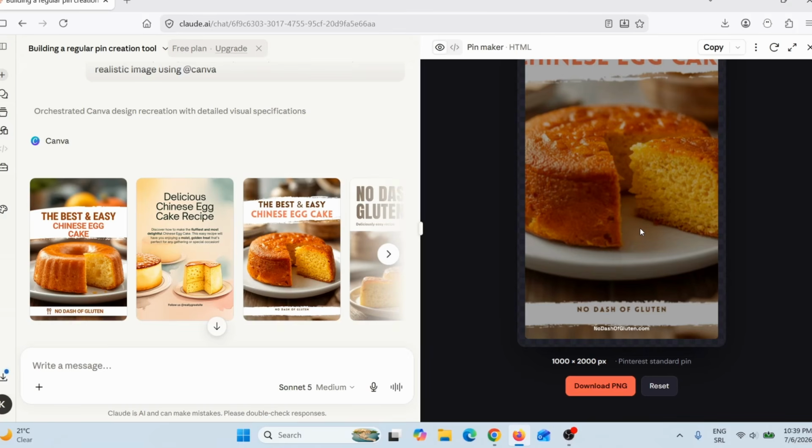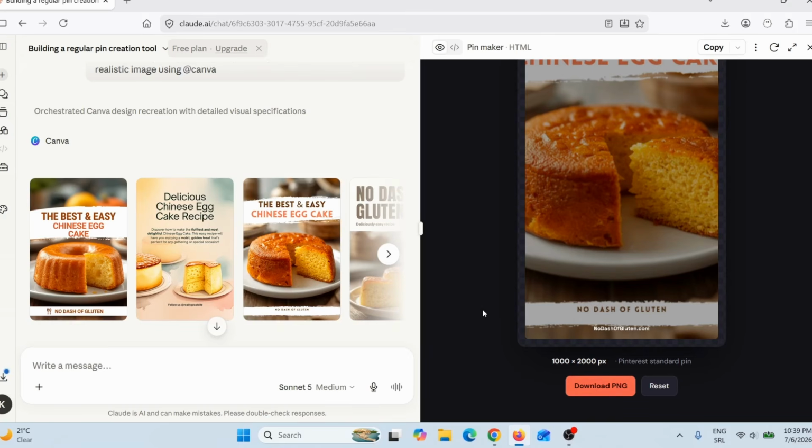So you can actually tell Claude to add another option. For example, you can tell Claude to add an option for you to add just a link to your competitor's pin, and then Claude will analyze that pin by that link. It will analyze title, description, tags, comments, color palette, objects on that pin, and so on and so on, and it will do exactly the same analysis and even better analysis and give you a better suggestion to create a better pin. So now when I have my pin, all I have to do is just click here on download,